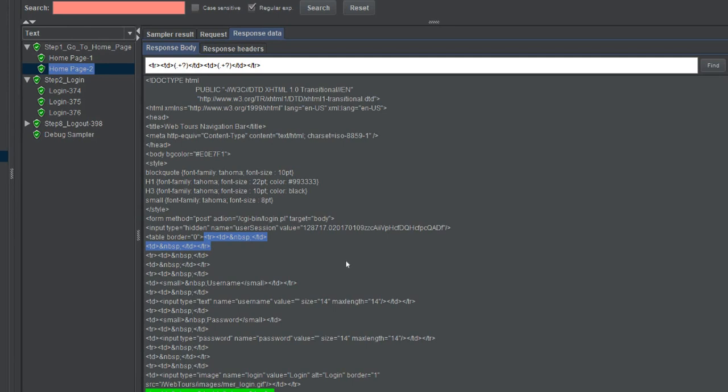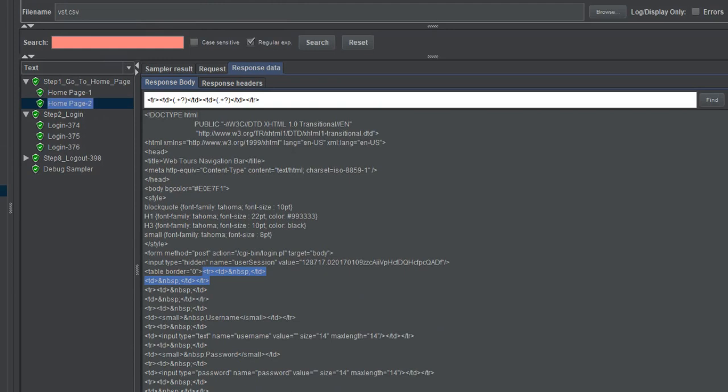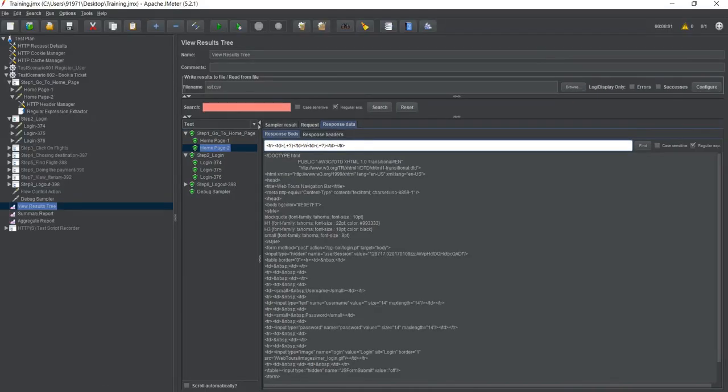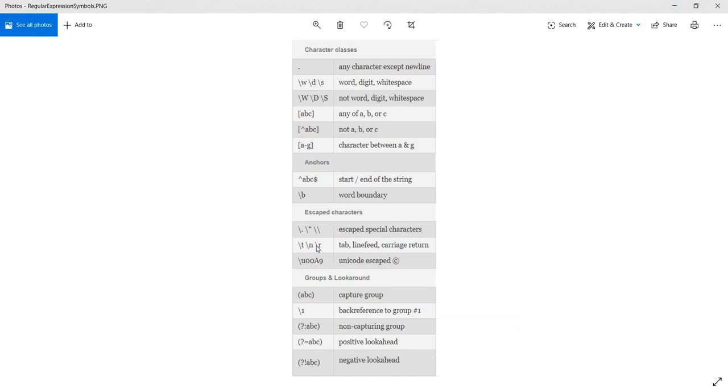Because there is a line feed over here, so this only exactly matches this. Now what I will do is go ahead over here and put in /n. What exactly /n is for, we will see in this table. It says that /n is for line feed, which is for the next line, and /r is for carriage return.